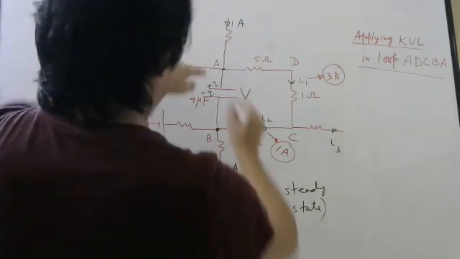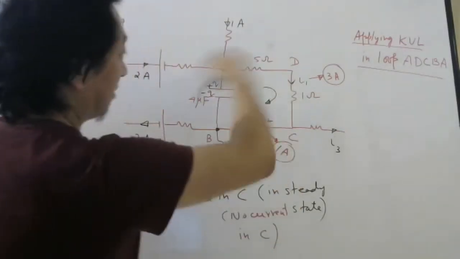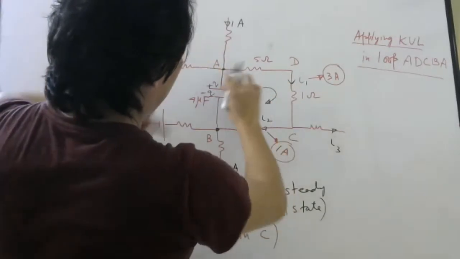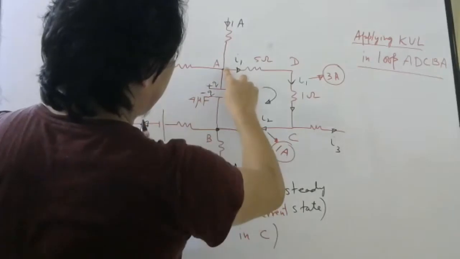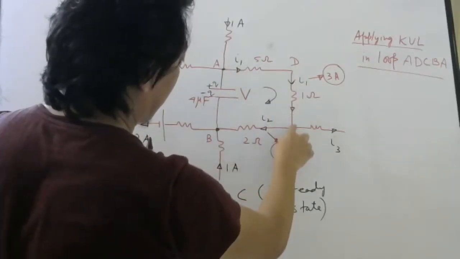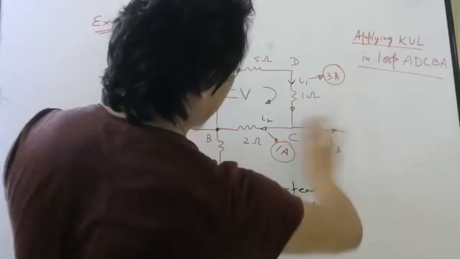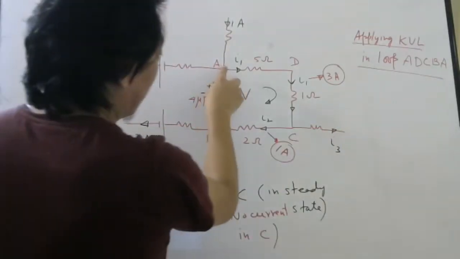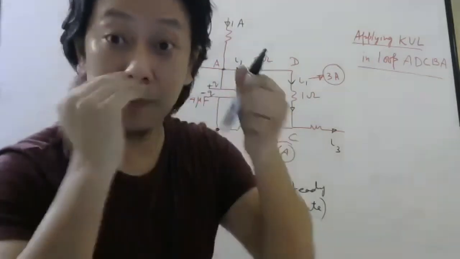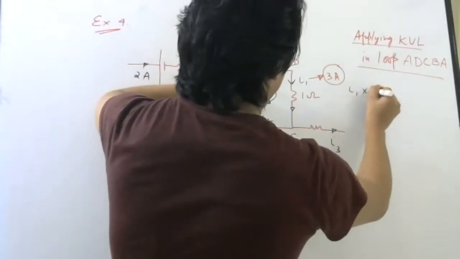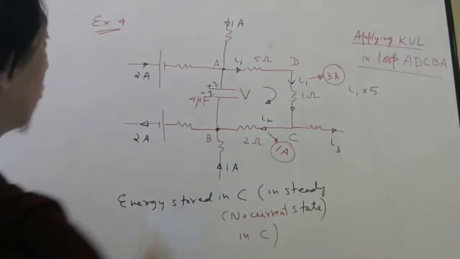So let us apply. I will move this way, like always. Along the current, see here current is I1, here I1, here I1. Be careful, in this branch I1 throughout. Then I2, here I3. This one I don't want, leave it. Look carefully now. When I go like this, I am moving along the current. Along the current, if I move, it is a positive drop. So what is the drop? I1 into 5. And what is current I1? 3 ampere, that we will write later.